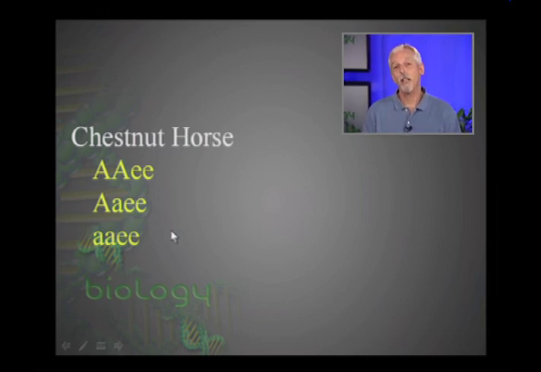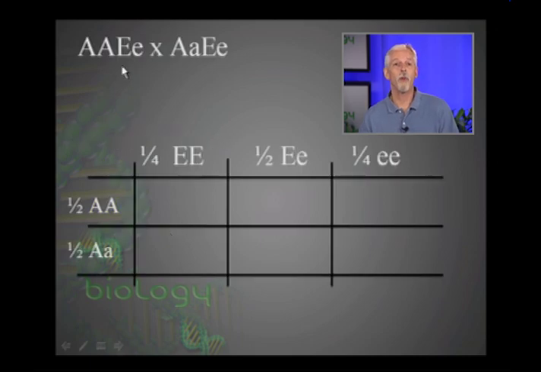So let's go ahead and take an example. Let's look at a cross. Let's say we have a bay horse. So it's saying I want to be bay. Extension is saying fine. So homozygous dominant with heterozygous here. And let's say we've got another bay horse. I want to be a bay horse, and it's saying yes, be a bay horse, but heterozygous for the two genes here. So what we would do is approach this problem